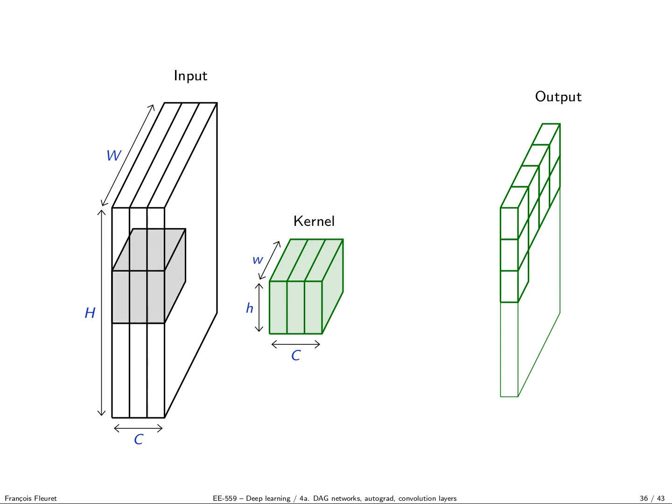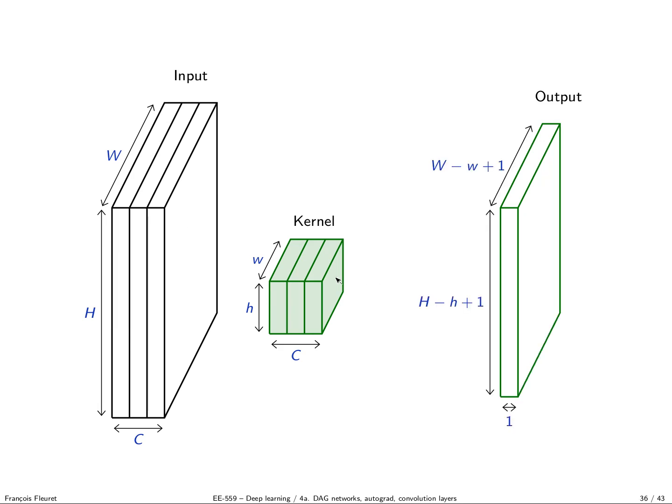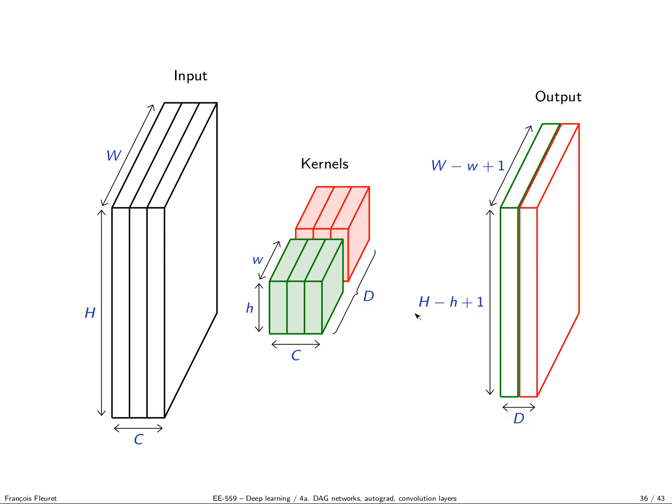Okay, so now when I convolve this 3D tensor with this 3D tensor, I get a 2D tensor, and here we have the same effect as in 1D, we lose small h and small w. So 3D convolves 3D, but with the same number of channels, we get 2D. But now what I can do is to have another filter, and then I get another channel. And it's actually what we have in mind when we say 2D convolution in deep learning.